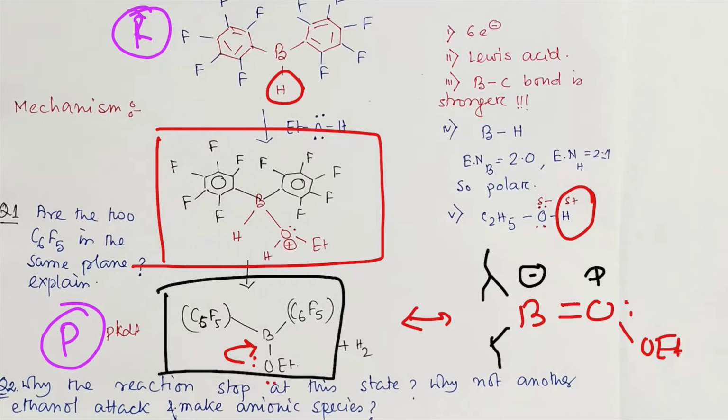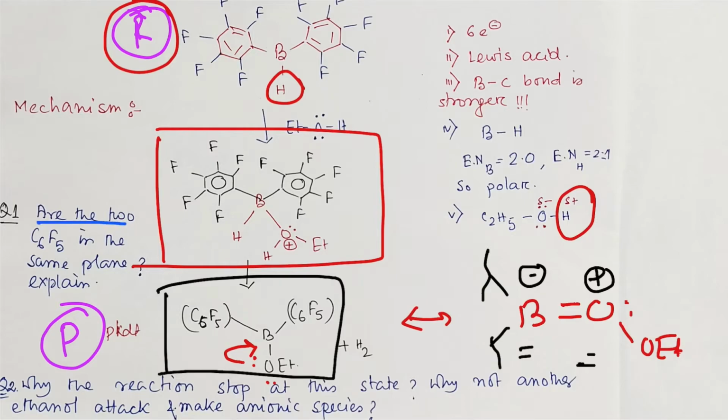And in this case this boron is also enjoying the octet and oxygen is also enjoying the octet, so it is not that much electron deficient, means this product is not that much electron deficient like the reactant one. Okay, so we understood that this is relatively stable. Now question that